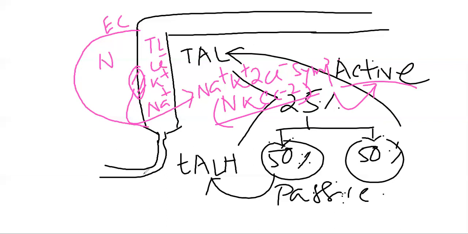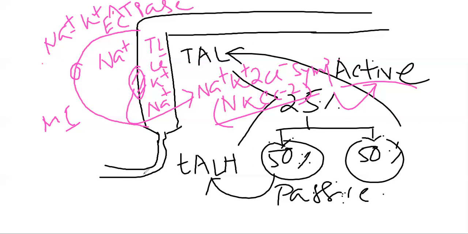Now sodium ion is present inside the epithelial cell, and it will ultimately be reabsorbed from the epithelial cell into the medullary interstitium. It is the sodium potassium ATPase pump, because every cell will have a sodium potassium ATPase pump, and this sodium ion will be reabsorbed from the epithelial cell into the medullary interstitium. So this is the process by which sodium ion will be reabsorbed in the ascending part of the nephron.